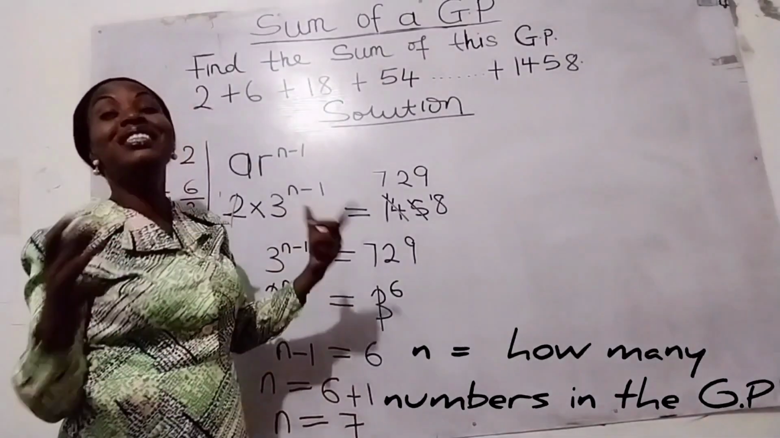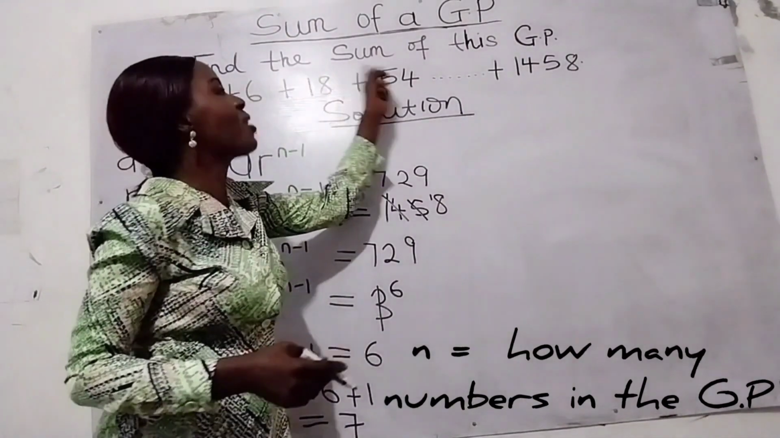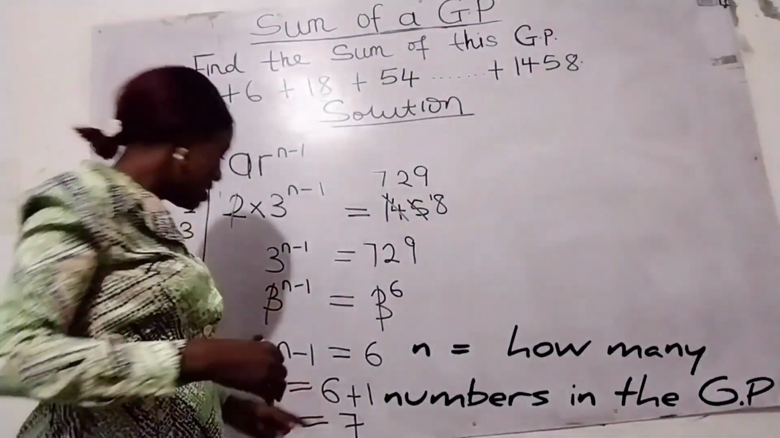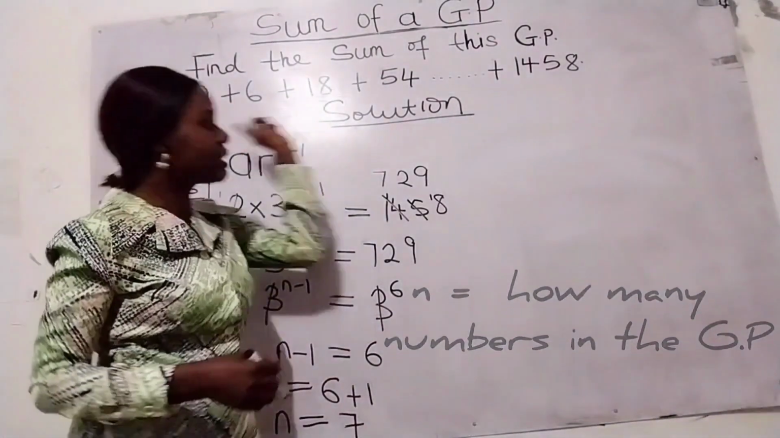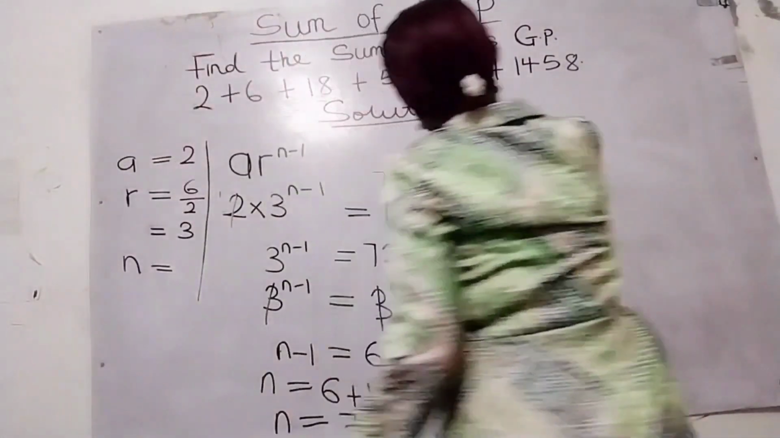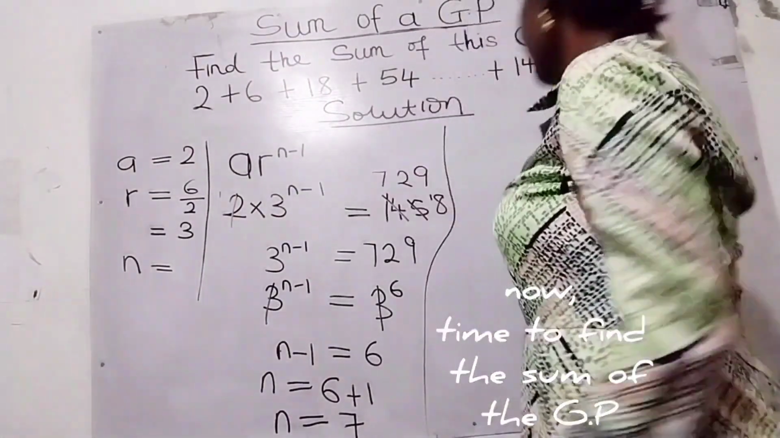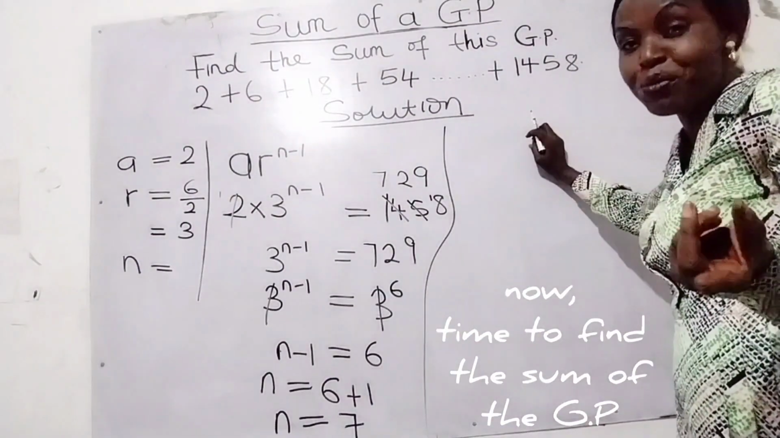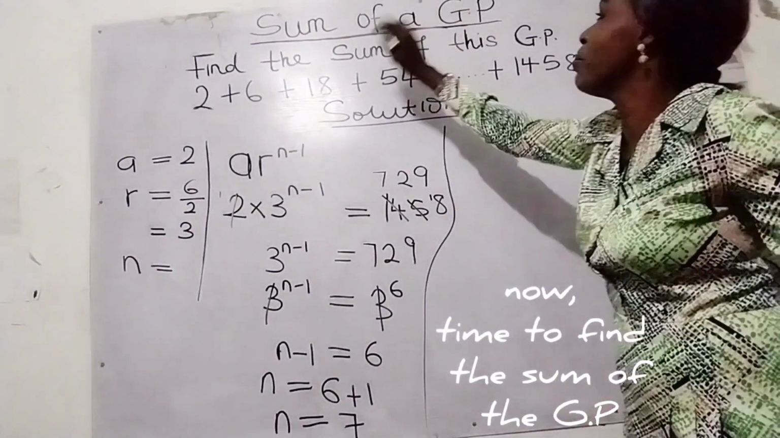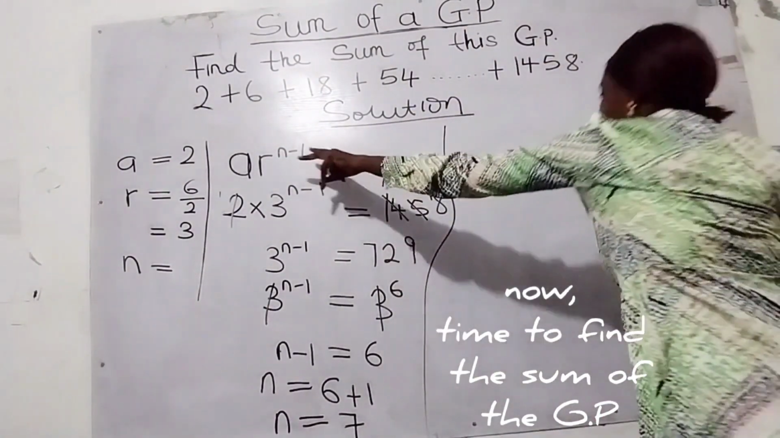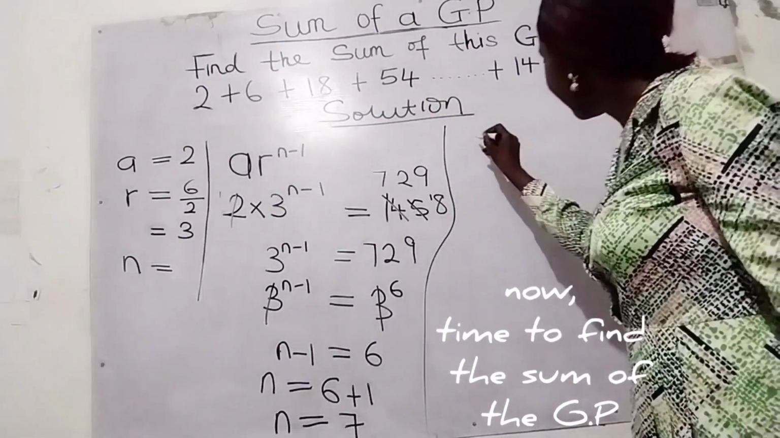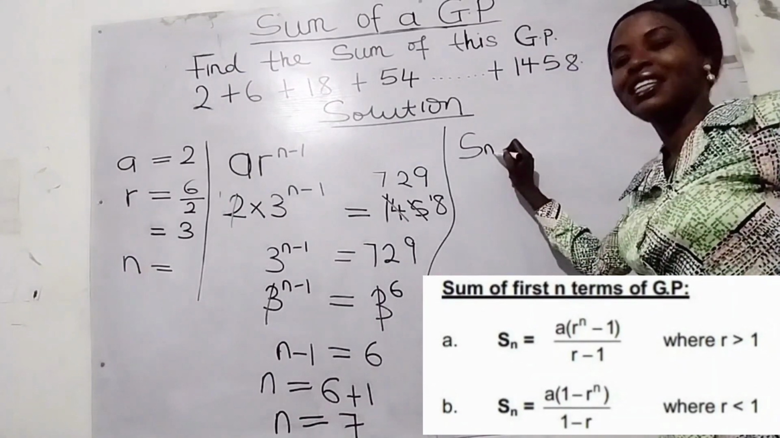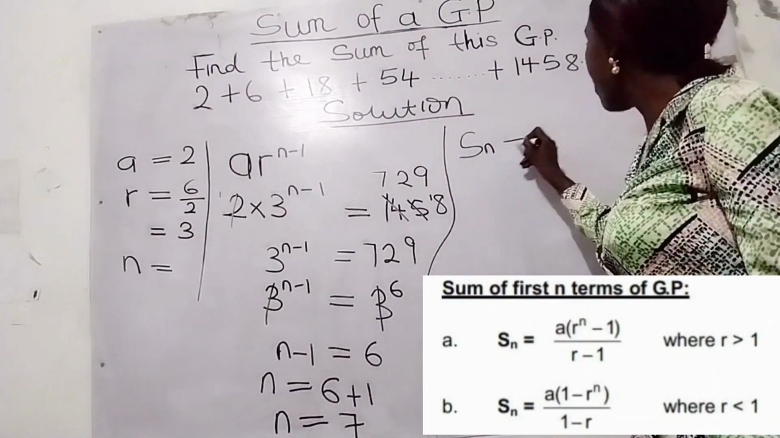So with this now, we can find the sum of this GP. Now we know how many numbers we are adding. We are adding 7 numbers. Let's solve it here. Now solve it this side, and we're going to use another formula, which is the formula for the sum of a GP. It is different from this one. And the formula is Sn. Anything that goes with sum goes with Sn. Yes, Sn is equal to